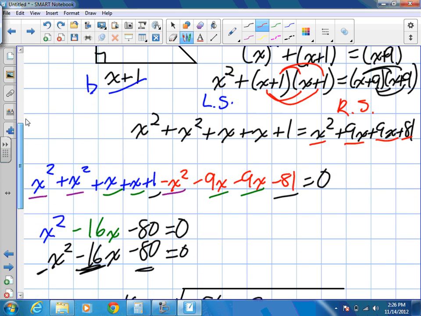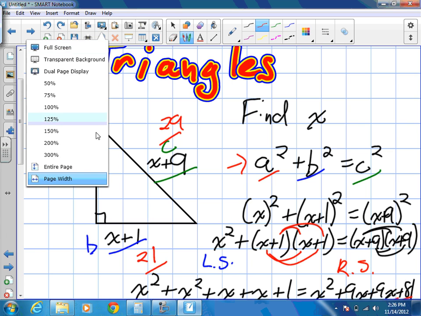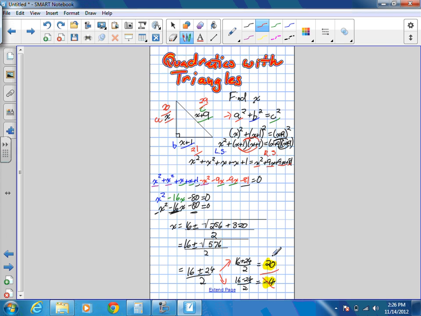If this one's 20 centimeters, how long is this side? How long is the hypotenuse? 29. And if we really wanted to check, we would plug these values into our Pythagoras Theorem. It would end up being true. Okay? So there we go. That's an example where one answer is not logical. We have to think about what we've done and make sure it's